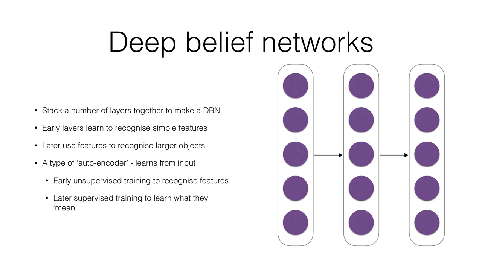Deep belief networks are also a type of autoencoder. And this means they can learn by themselves. So for example, with our facial recognition, it doesn't need to know the names of the people it's recognizing. You could just feed into the network a bunch of pictures of your friends and it will learn to recognize them and tell them apart. And it's only at the final stage we'll do some what's called supervised learning and teach it the names of the people that go with the faces it's learned to recognize.